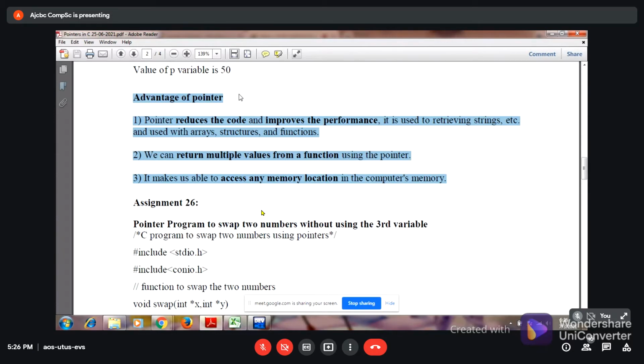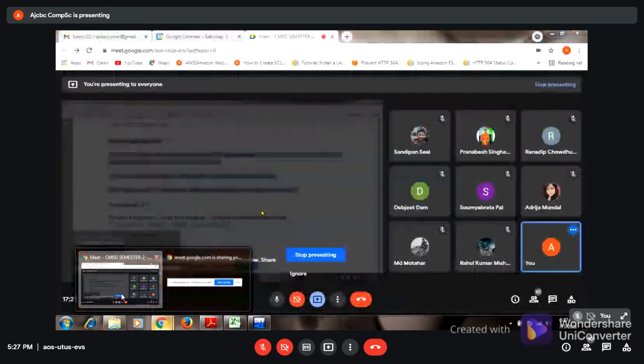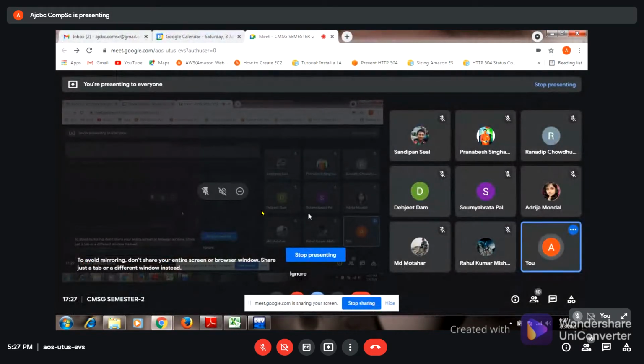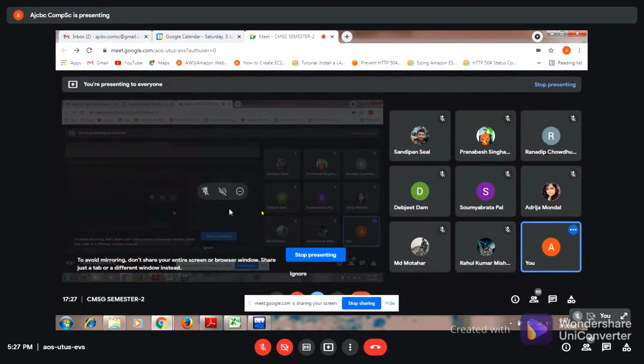This is consisting of 30 marks practical, okay, and I think you are having which theory part? What are you having? Computer architecture or what? Which portion are you having? Adrija, what are you having in the theory part?